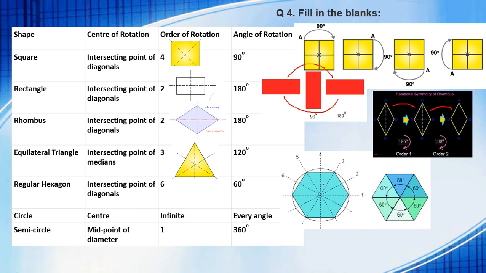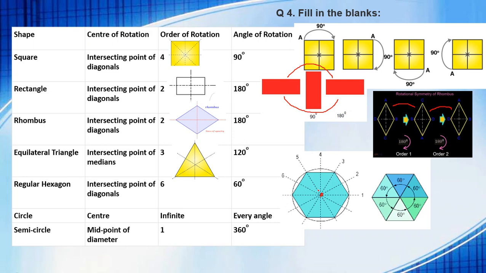Now, as we are observing on the screen, there is a regular hexagon, so the center of rotation will be the intersection point of all its 6 diagonals. So this is the point where the regular hexagon will rotate, and by the angle, so the angle for this rotation for a regular hexagon,